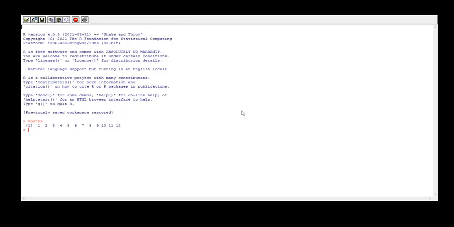Now let's execute a practical for the plot function. Here I have a vector called months to store the values of 12 months. Then I have two other vectors, temp20 and temp21. These two vectors are used to store average temperature values for 12 months of the years 2020 and 2021 respectively. So let's plot a line graph for this. I'm plotting a line graph for year 2021. My x-axis value is months and my y-axis value is temp21.